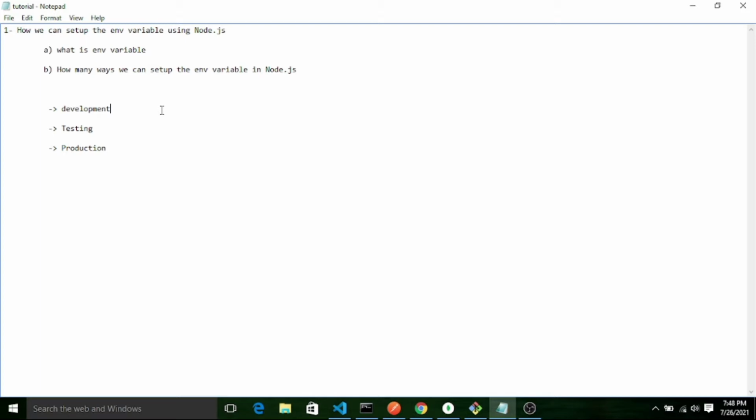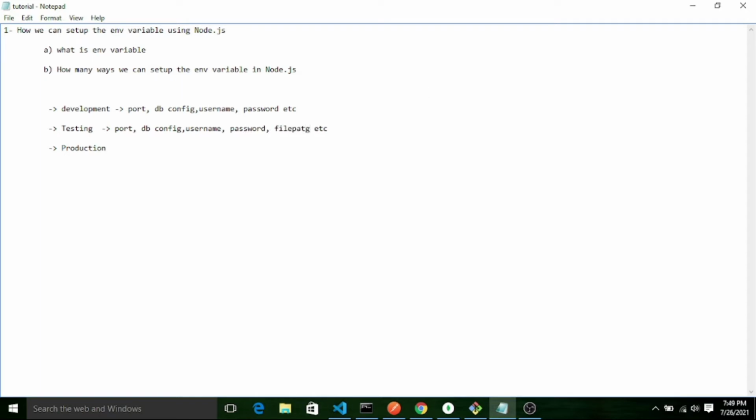For development purposes, usually we are using many values, let's say port number, DB configuration like username, password, etc. The same thing, when we are deploying our application after development in the testing environment, we may change the same values: port, DB configuration values, username, password, let's say file path.